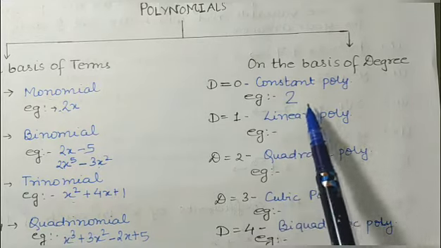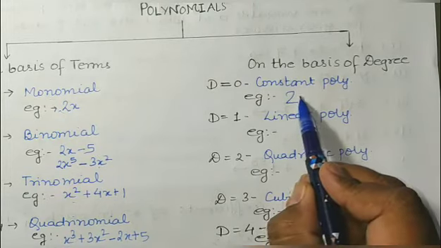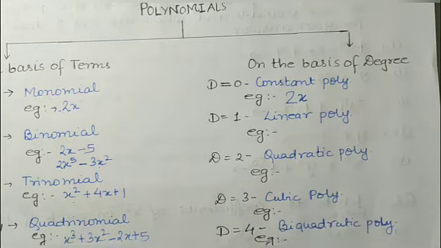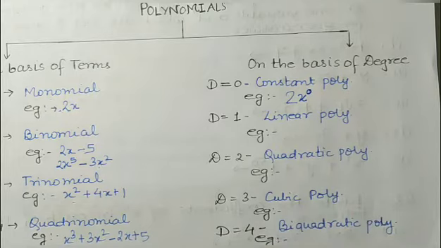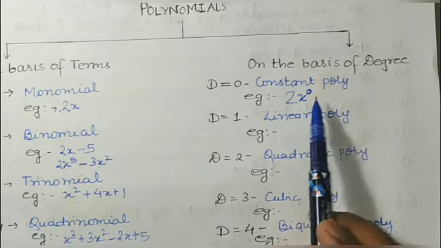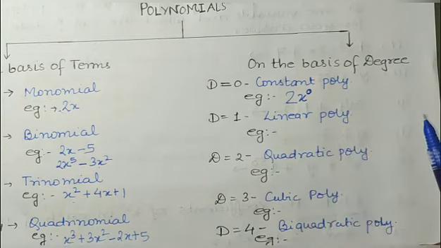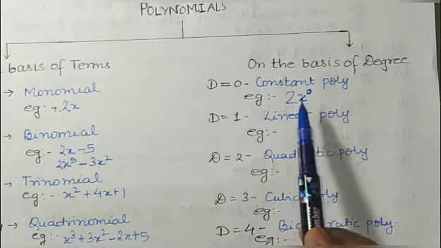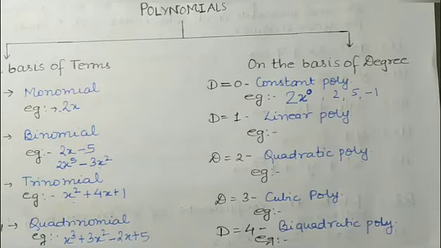Here no variable is there, so you can write the variable x here and raise it to the power 0. There will be no effect on this number, because x to the power 0 is 1, and 2 into 1 is 2 again. So numbers like 2, 5, minus 1 are examples of constant polynomial